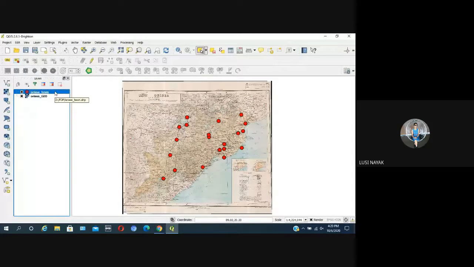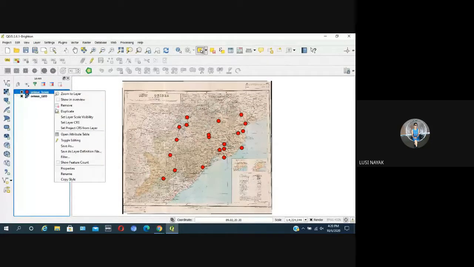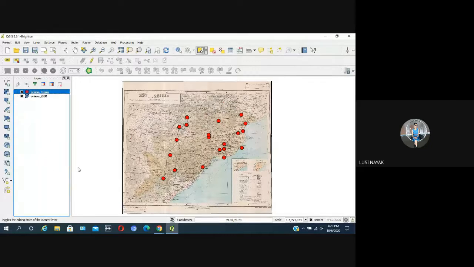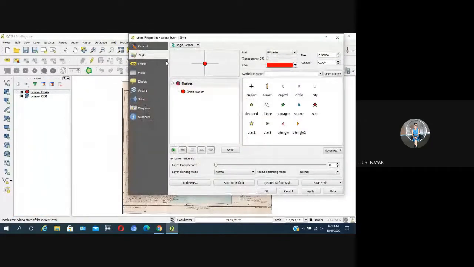Select your vector layer, then right click, go to properties, then select style. On the top it is written single symbol.